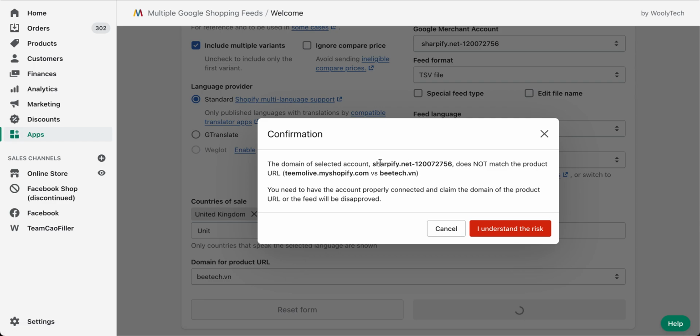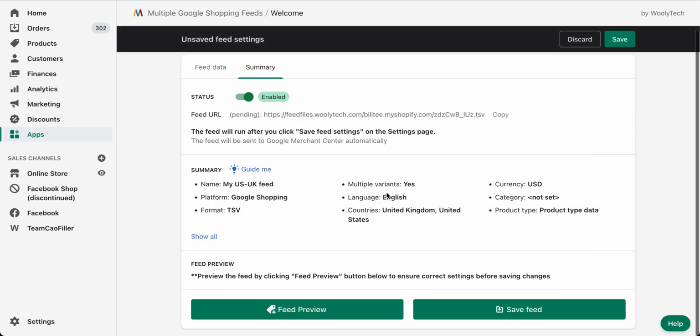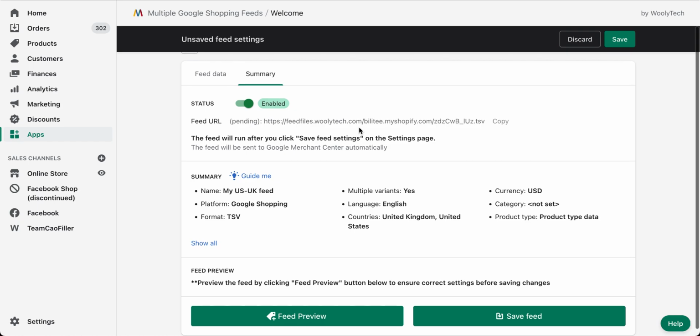The app is giving a warning that my merchant account is not connected to my domain, basically the domain of the shop that I'm using to create the test feeds. Because this is only a test, I will just ignore it and go ahead.